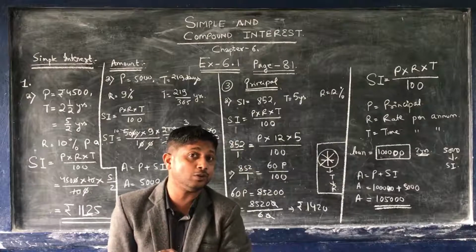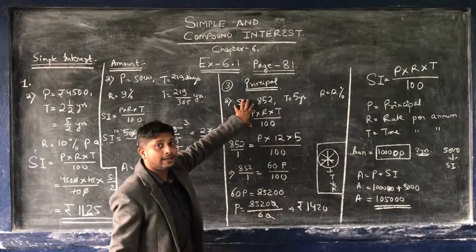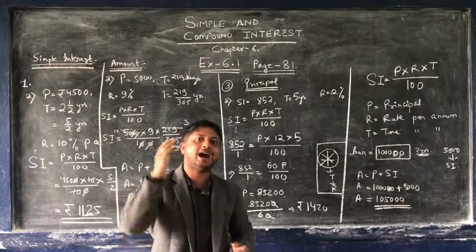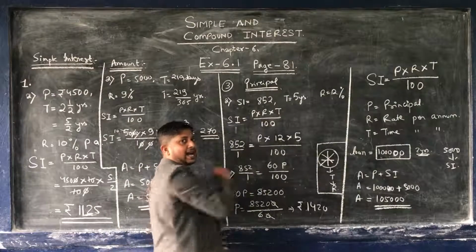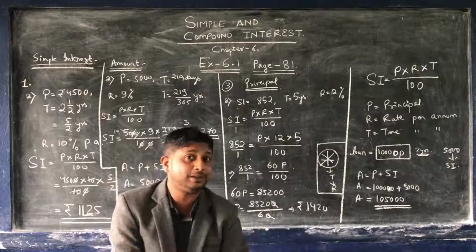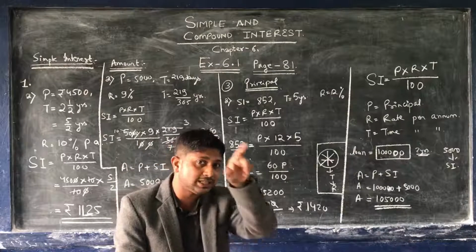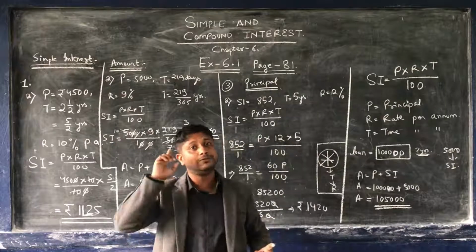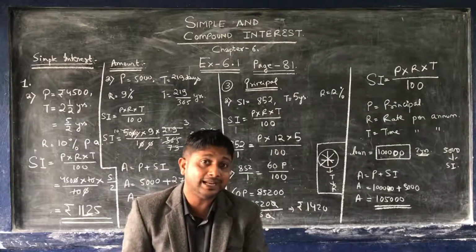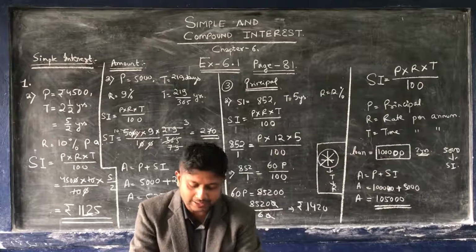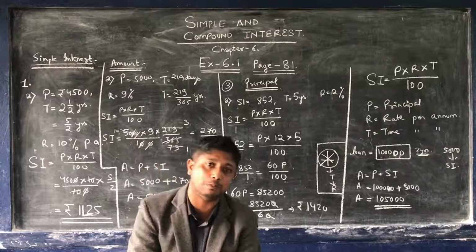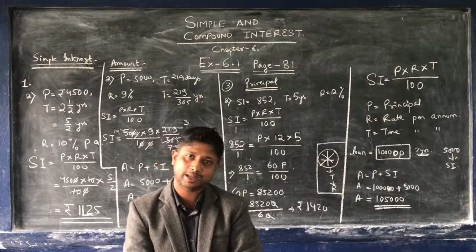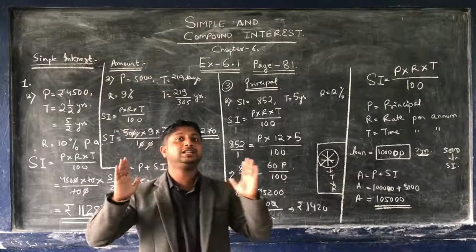Using the same method, you can find out the time as well as rate. In that scenario, what are you going to do? Write the same formula. Instead of time, just write T and do it in the same way by cross multiplying. And if R is not given, keep it as R and cross multiply. In this chapter, the most complicated thing will be the time. You have to be very careful while calculating the time. It has to be in years. Purposefully, they will confuse you by giving it in weeks, months, days. It has to be converted into years. Am I clear?